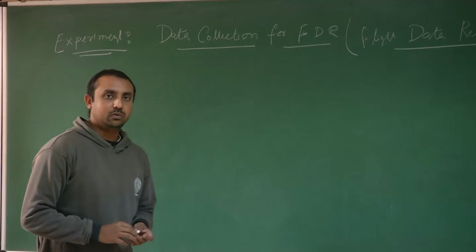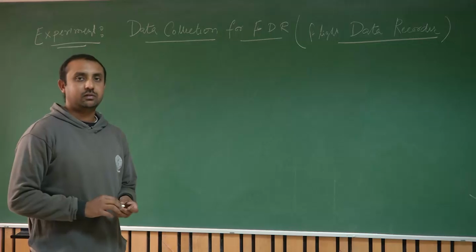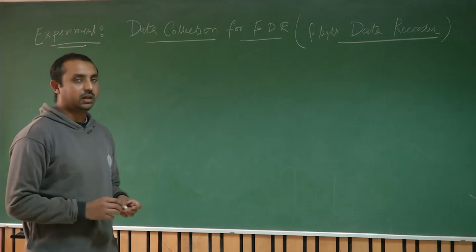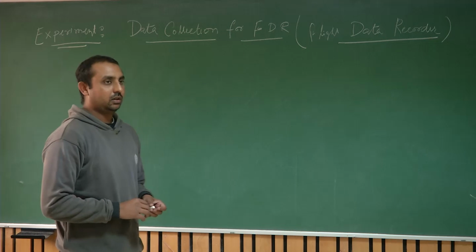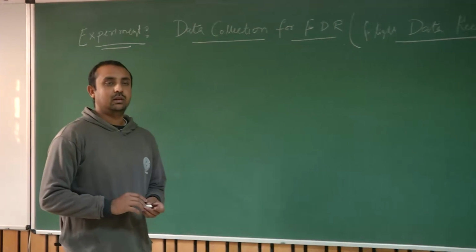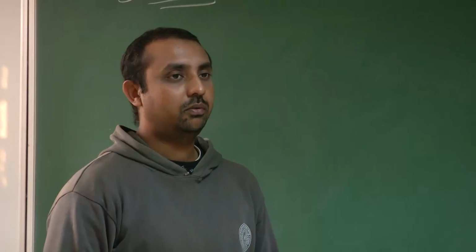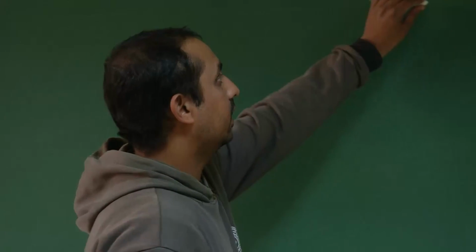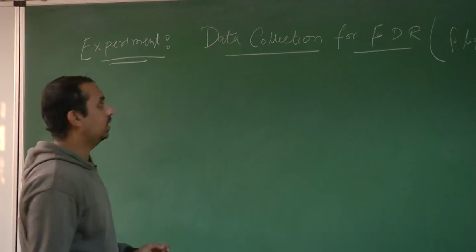In aircraft, you might have seen that while analyzing how the aircraft was behaving, you need data for different deflections as well as measurement of your angle of attack, side slip angle, and also the pitch rate, roll rate, yaw rate, and the value of thrust. Everything is accumulated or combined in the flight data recorder. The diagram for the flight data recorder is